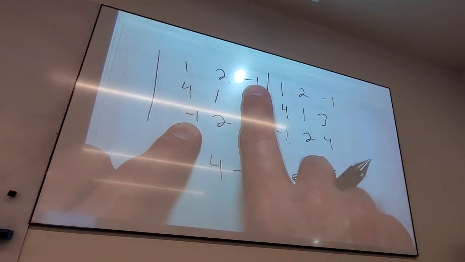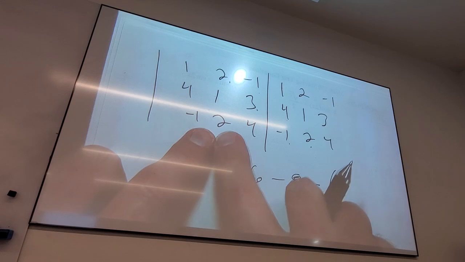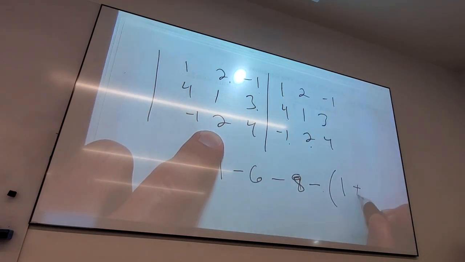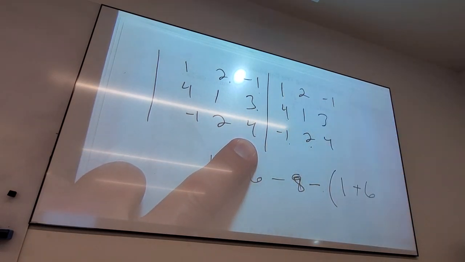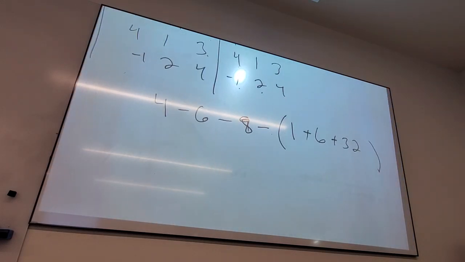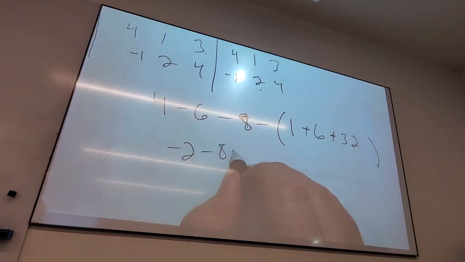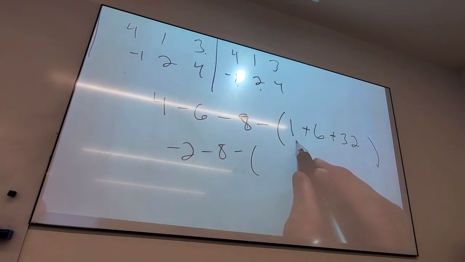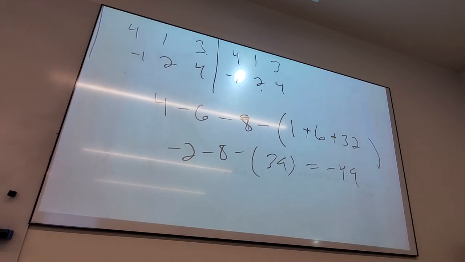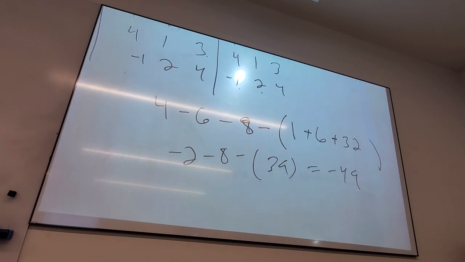negative 1 times negative 1 is 1. 2 times 3 times 1 is 6. 4 times 4 times 2 is 32. Okay. So I'll see if I did this right. Let's see. 38, 39, 43. Maybe. So this will be negative 2 minus 8 minus 39, yes? So we get negative 49. Yeah. It's just, and again,